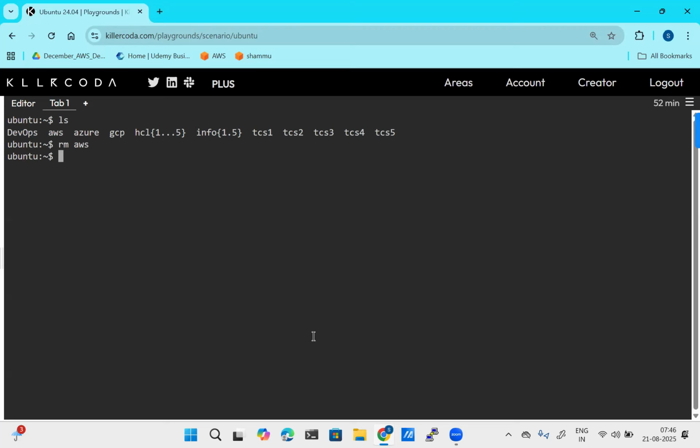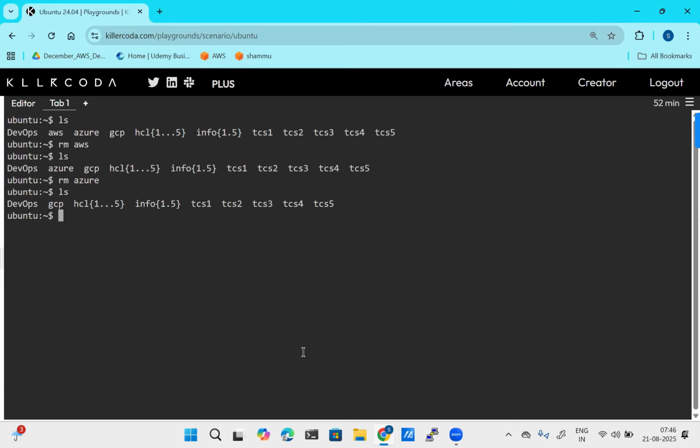Then hit enter. So your AWS file was removed. If you want to verify that, just enter ls. Previously I used to have the AWS file, but now I am not having any AWS file. Again, rm Azure. It was removed. Give ls. So this is the way to remove a single file.